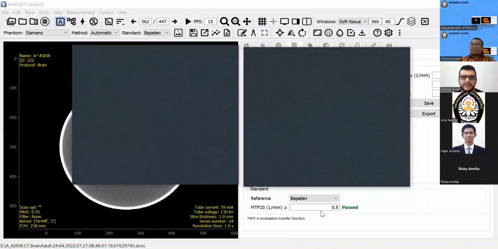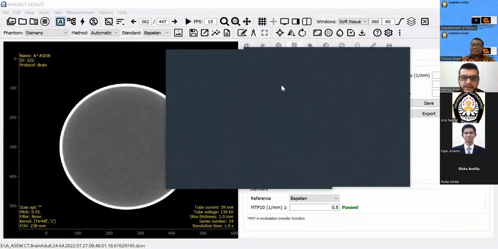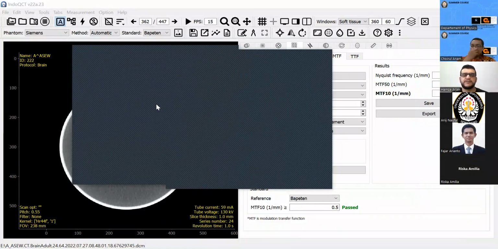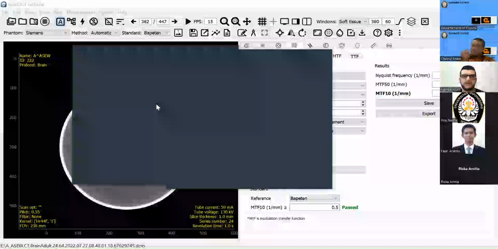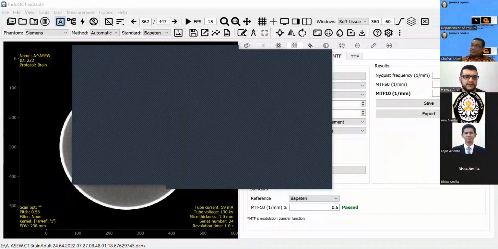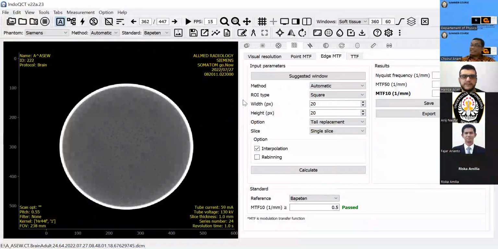Please share your whole screen. Your whole screen. Not only in the QCT, because we cannot see the result. Maybe you can close your screen and then share Windows. Yeah, whole screen.